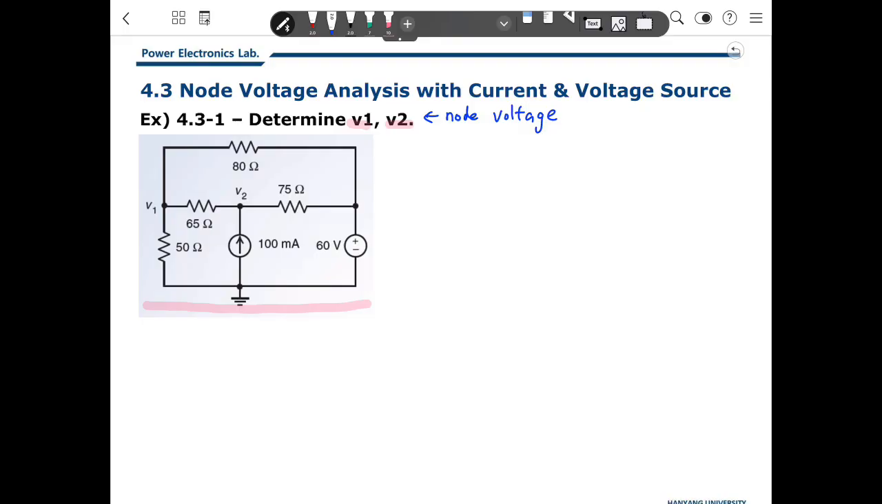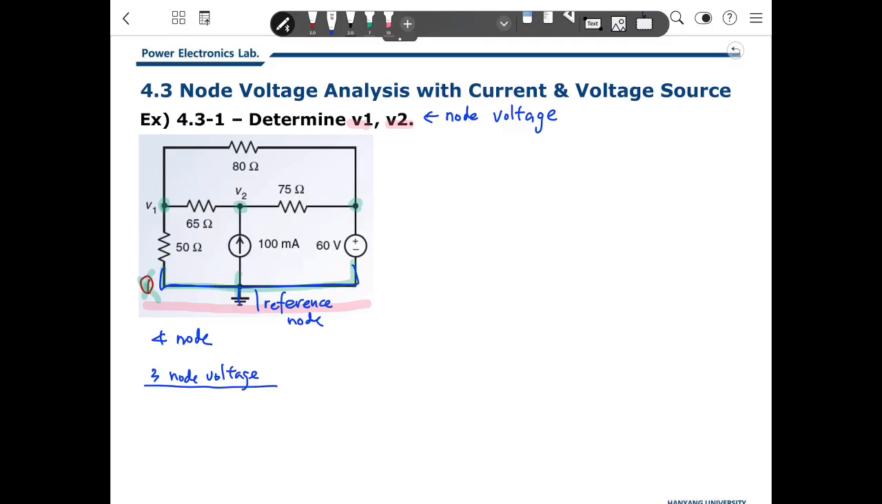So at first we need to check what kind of nodes are in this circuit. So I think this will be a big node here. It's node 1. And this is also a node, and this is a node. So there will be four nodes. And among them, you can choose a reference node. So there are 3 node voltages